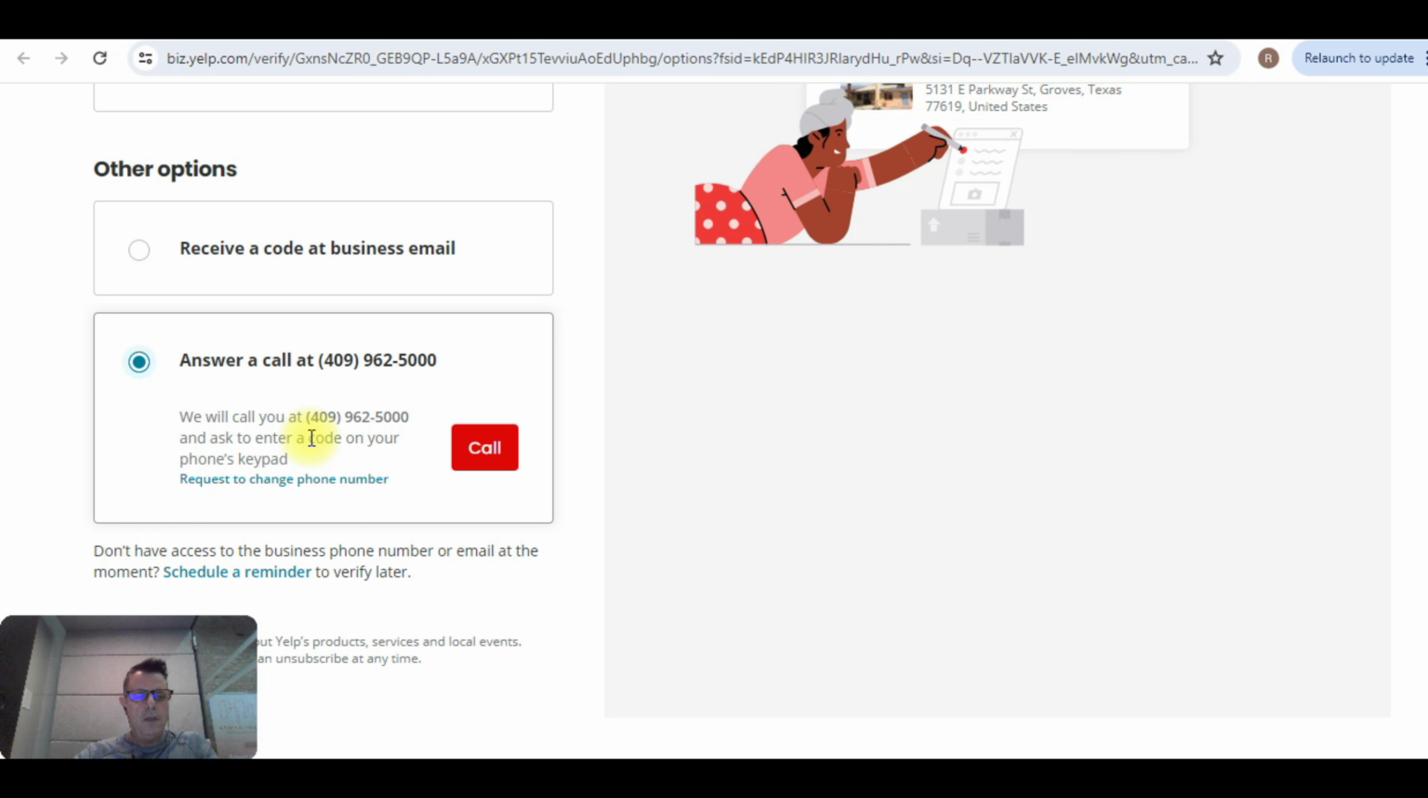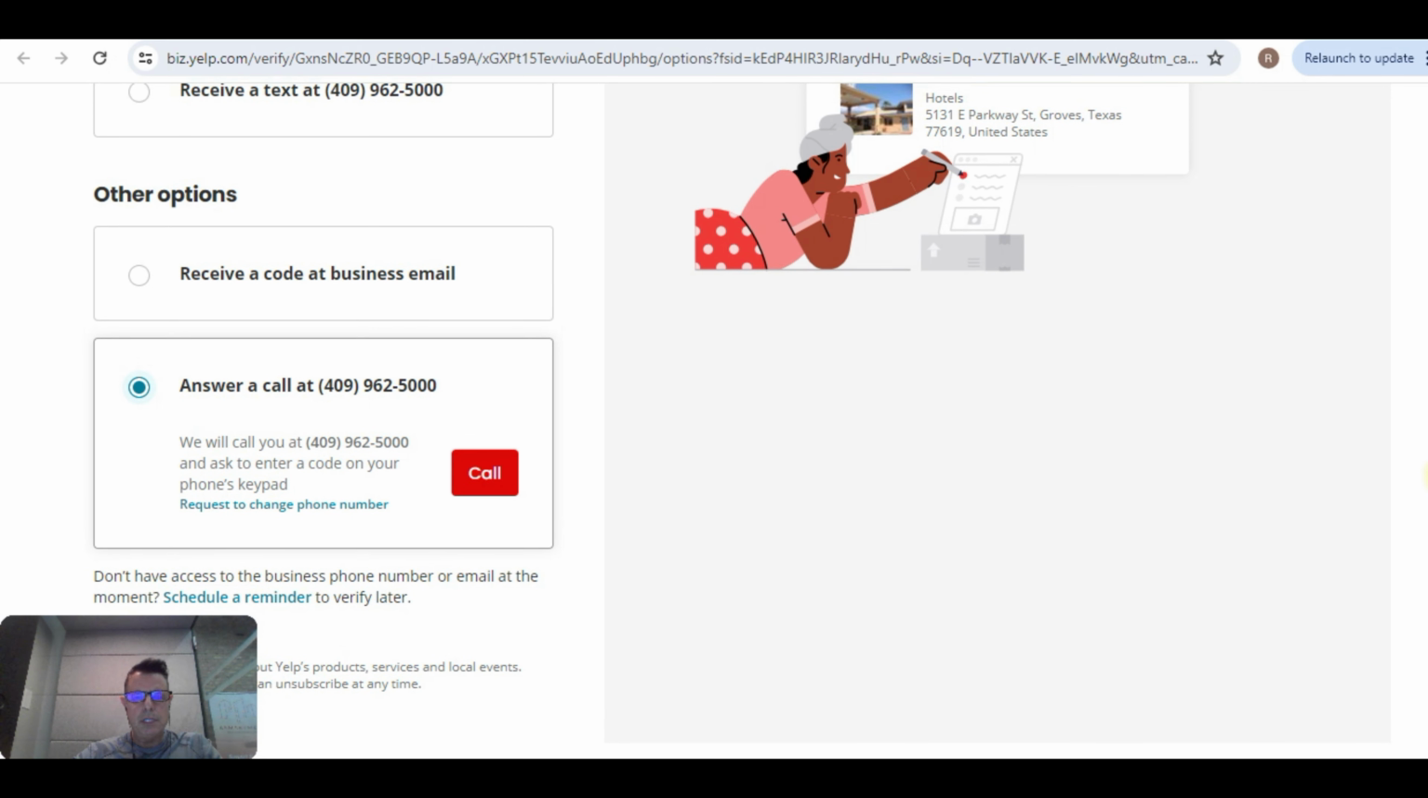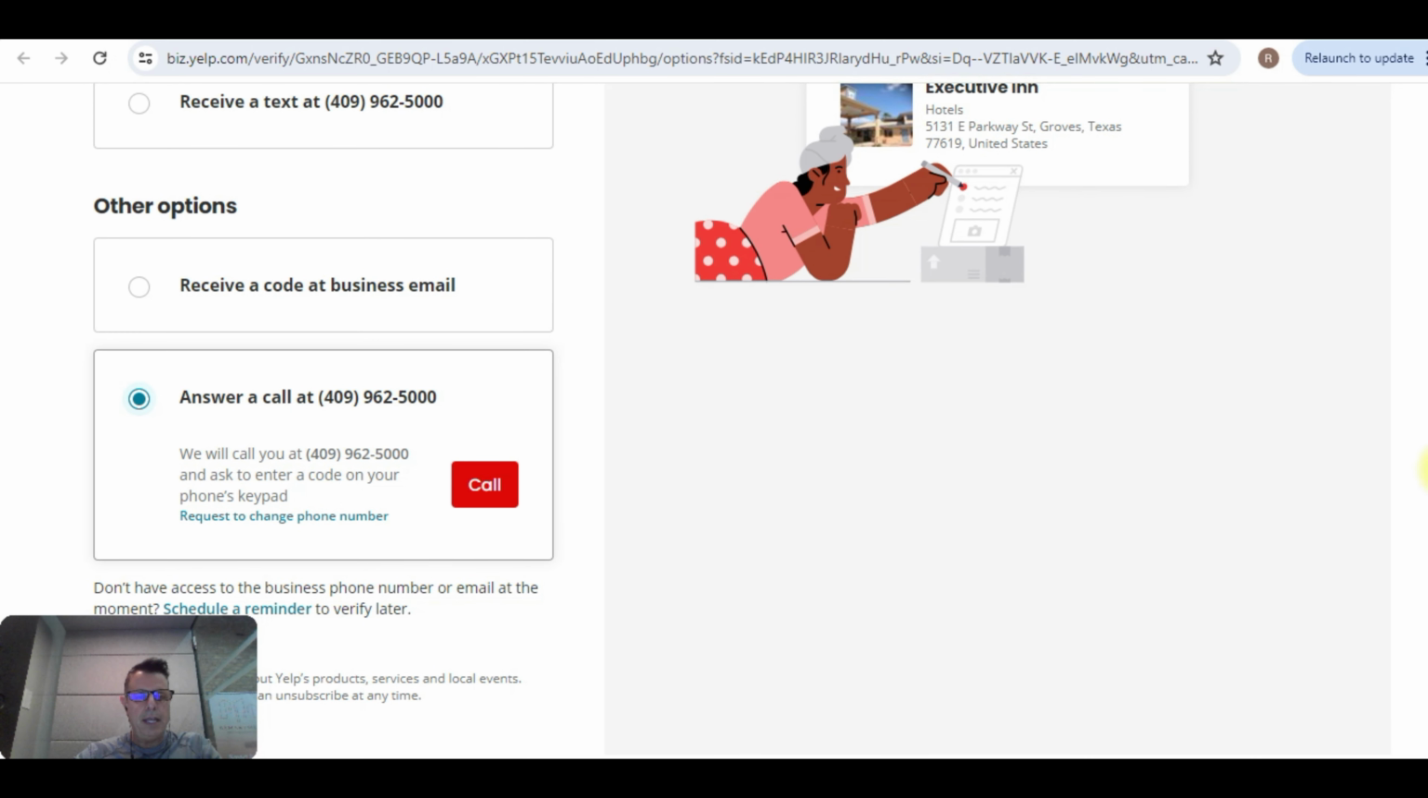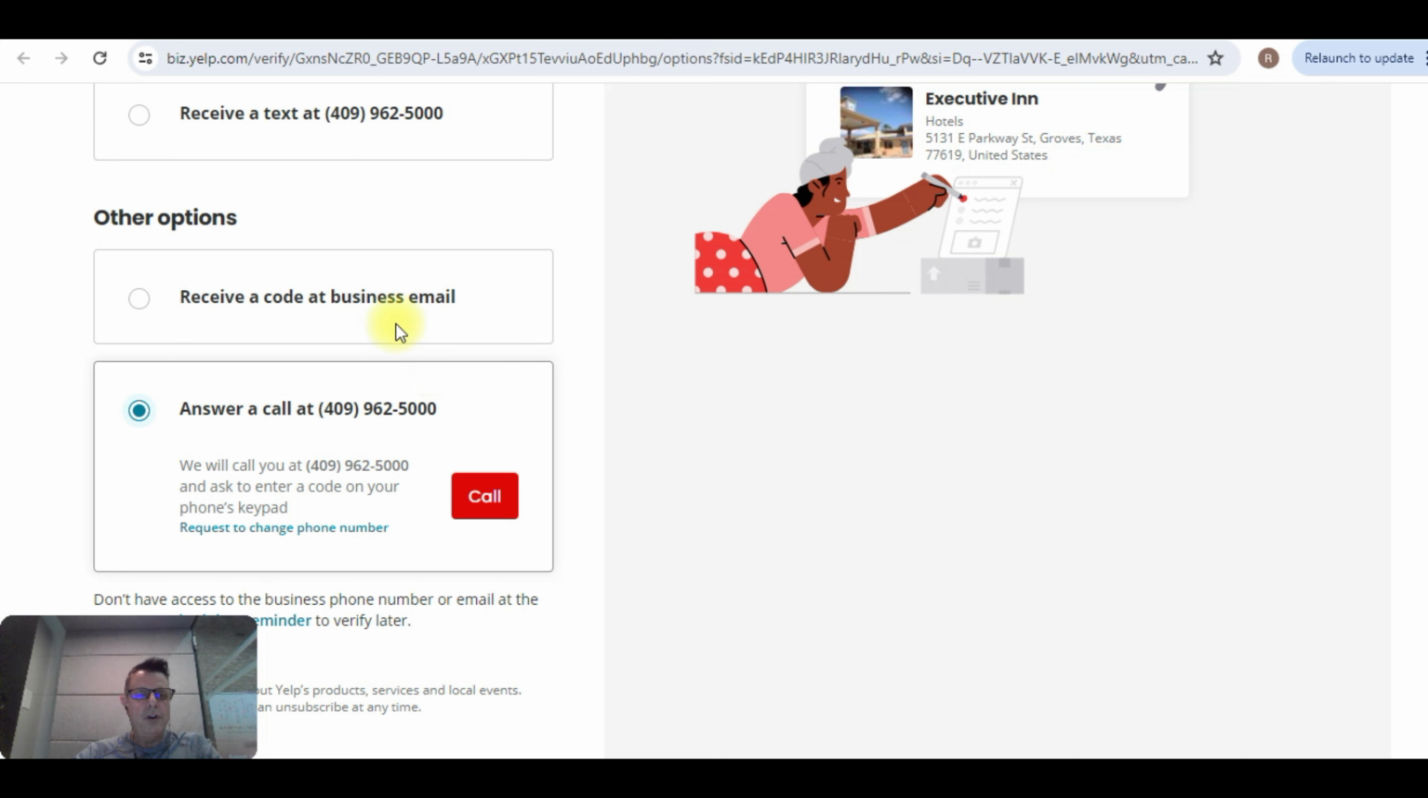So they're going to call the property, they're going to give you a code, and you're going to punch that in. Now, what can happen here, and I've had this happen several times, if your property has an automated answering machine, and you're unable to receive a text, and the email address is not associated with the property, if you don't have access to that email address anymore, then what you're going to have to do is